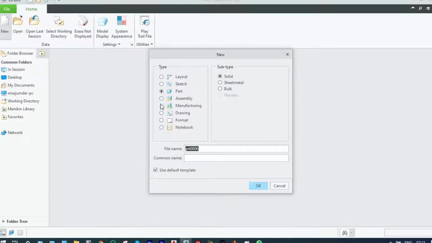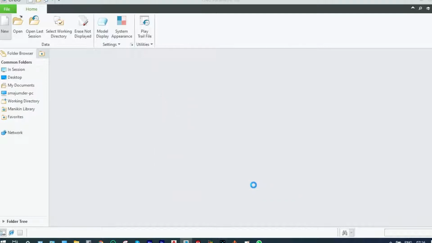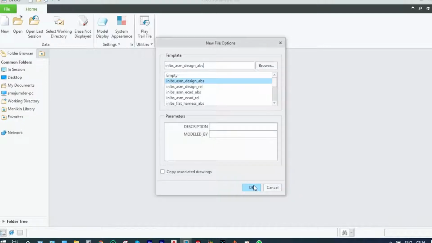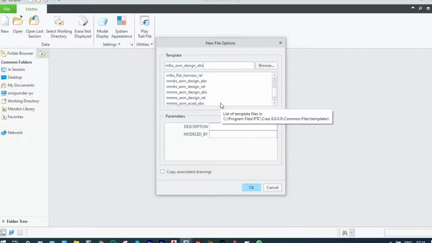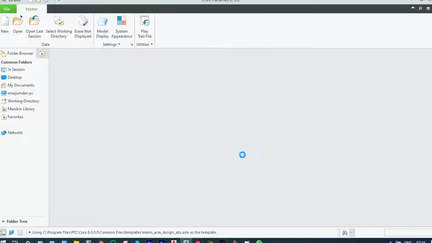We start with assembly, and default usage should be checked out, and keeping the name of the project as assembly 005. Okay, and from the template we have to select millimeter Newton assembly design absolute. Okay,